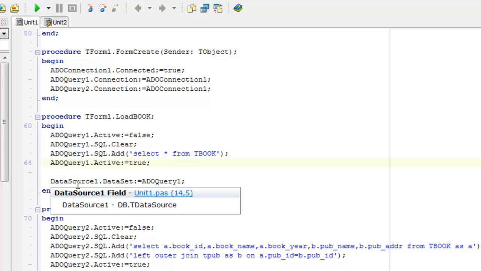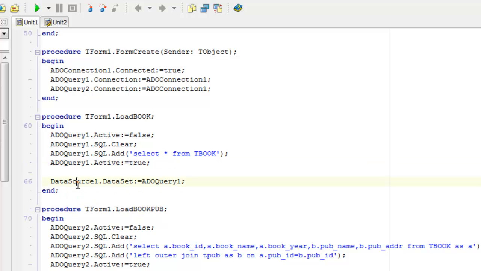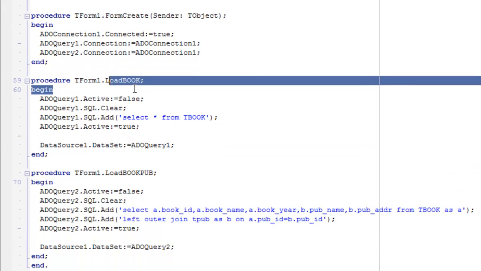Because we just have one data source and one DBGrid, when I call the procedure loadbook, the data source is set to show the ADOQuery1 statement. That's for loadbook.